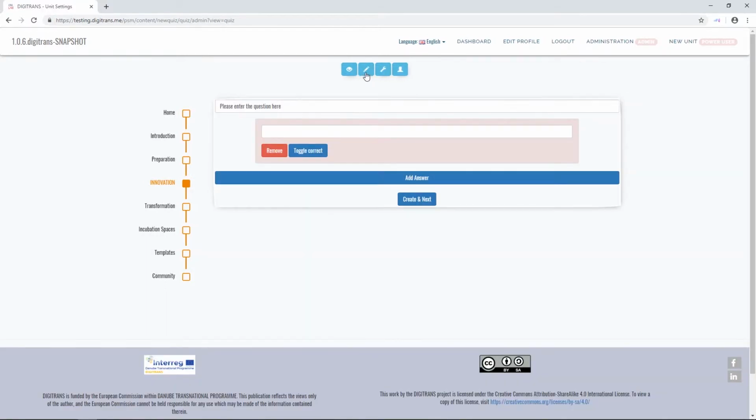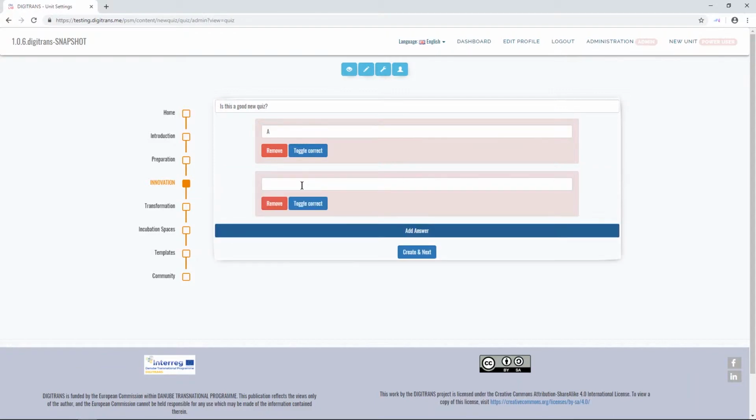Here we see how we can add the questions. Here we can insert the question text. For example, is this a good new quiz? And here we can enter our answers. For example, I'll just here have an A. If we click on add answer, we add a new row, B,